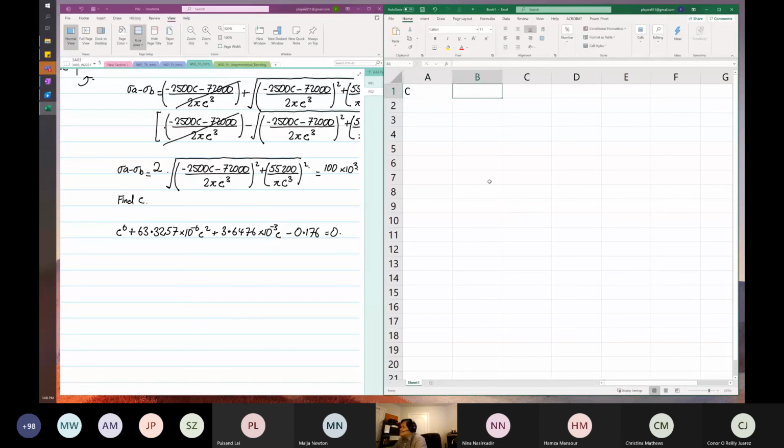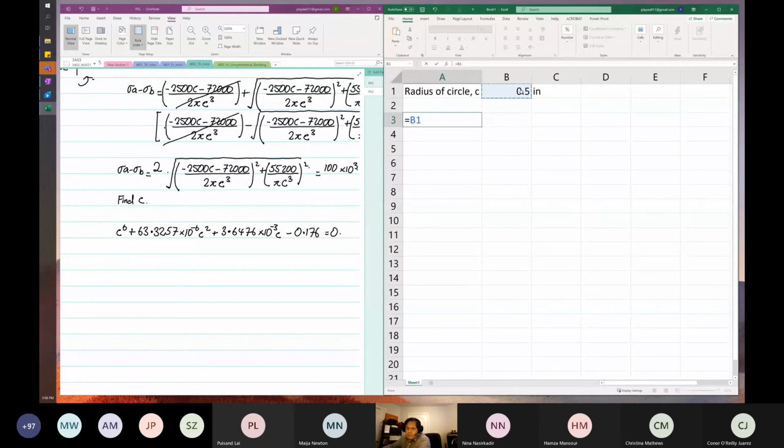So you just put C. C is the radius of your circle. So this is C. Now I put an arbitrary number, 0.5 inch. Then I type in the equation. So the equation is C